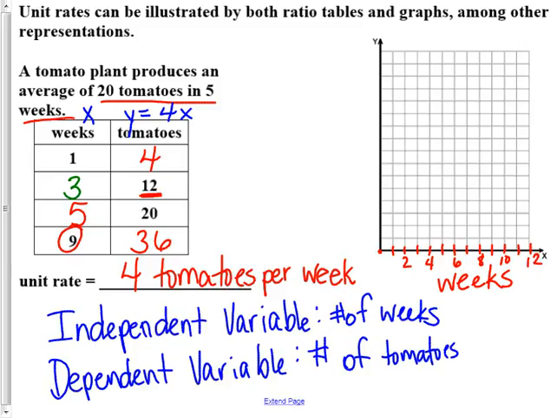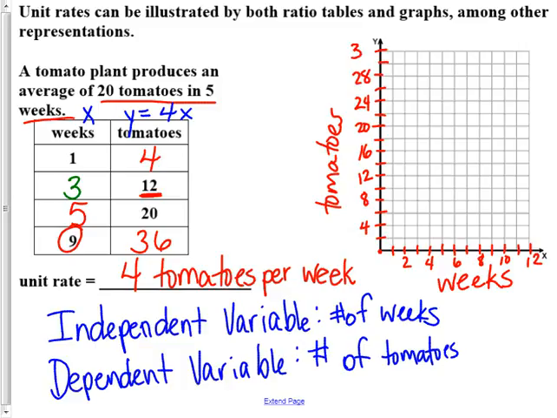And my tomatoes are going to go along my y-axis, the number of tomatoes. And the greatest number of tomatoes is 36. Well, I have 16 boxes high, or 16 lines high. So I could count by 2s. I'm not quite going to fit that last one on there, but that's okay because it's close enough. I can probably get a pretty good idea of where it's going to belong by looking at my other points. So if I count by 2s, 2, 4, 6, 8, 10, 12, 14, 16, 18, 20, 22, 24, 26, 28,